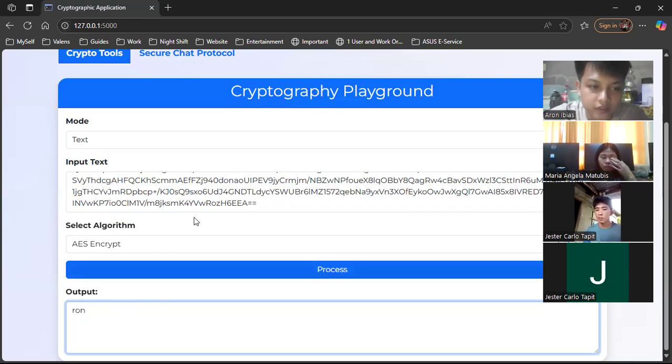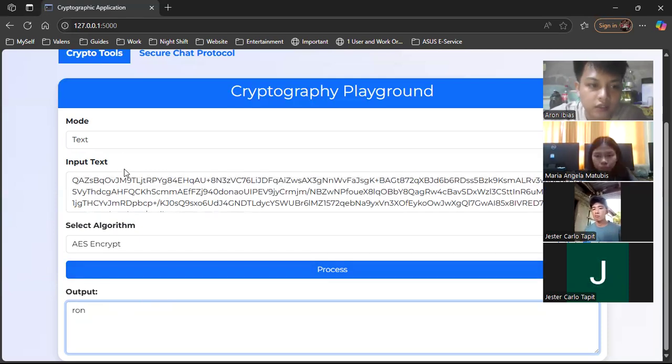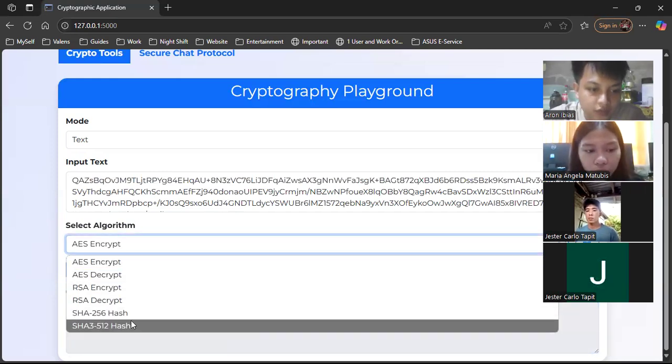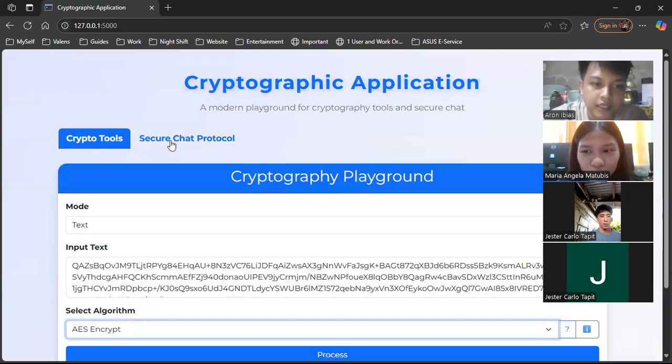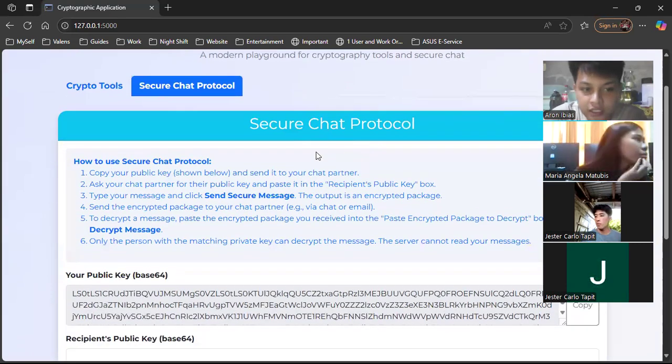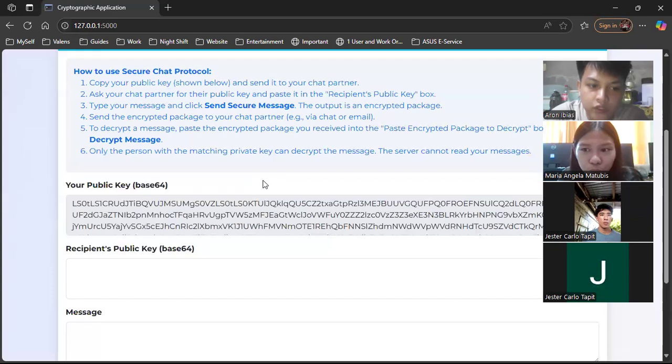Okay, so thank you, Jester. And also, we have other algorithms, the SHA-256 hash and SHA-512 hash. And next, we also developed a secure chat protocol. In this tab, here is the instruction for the user on how to use the secure chat protocol.